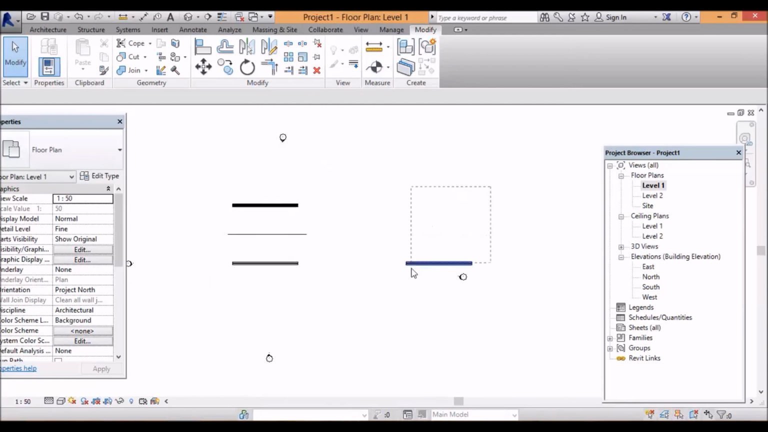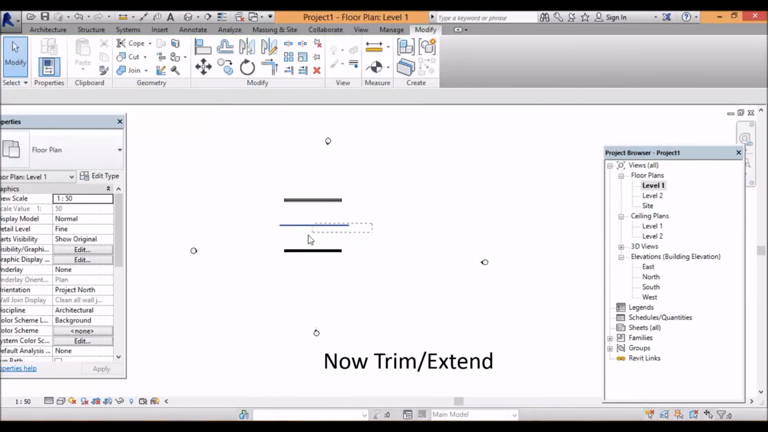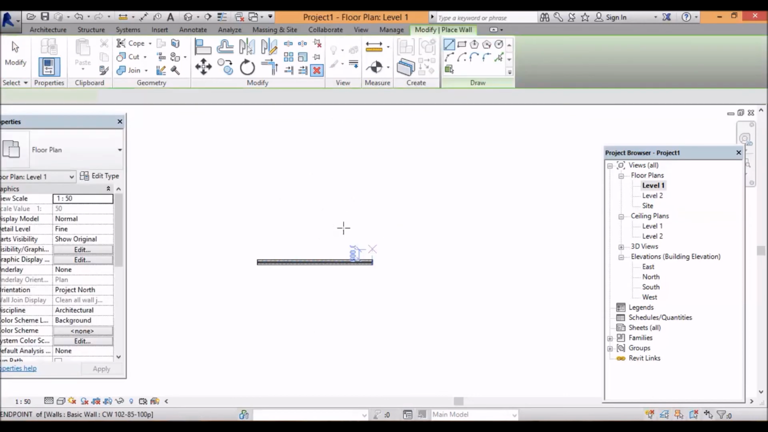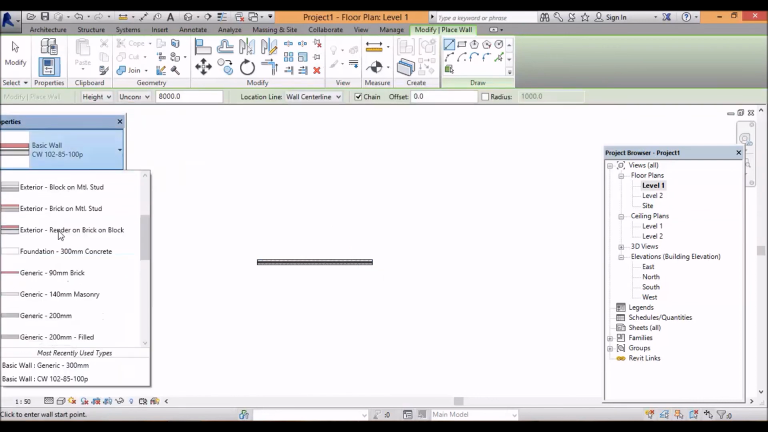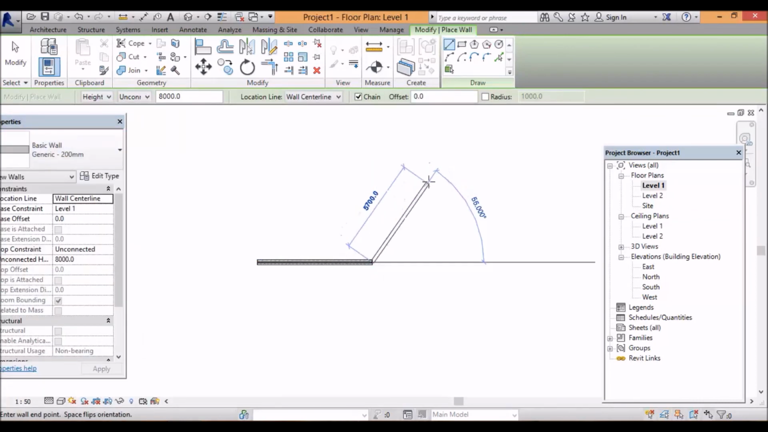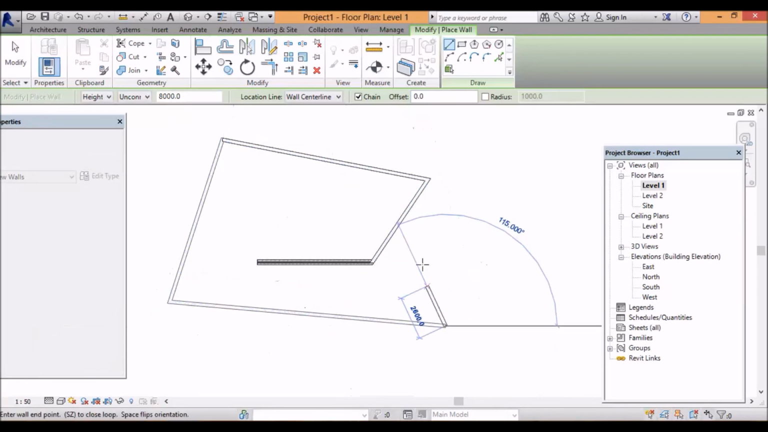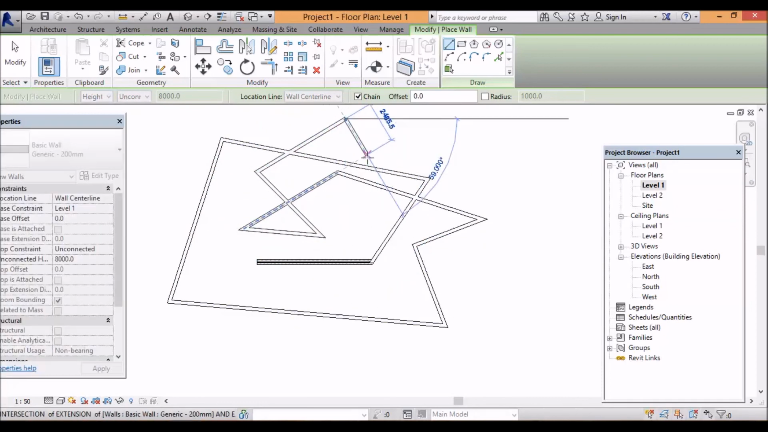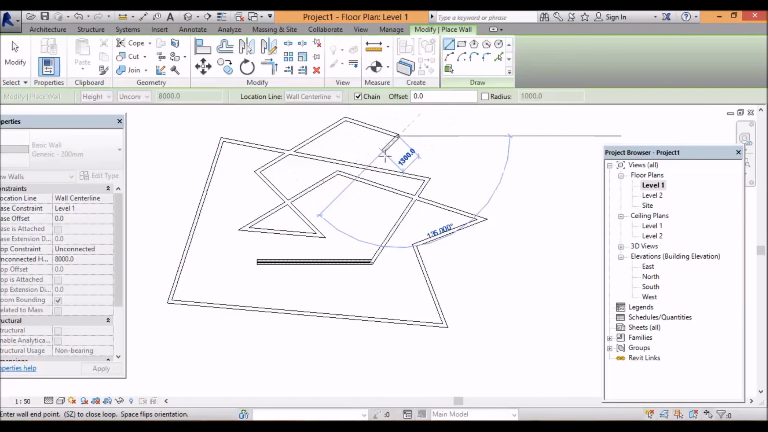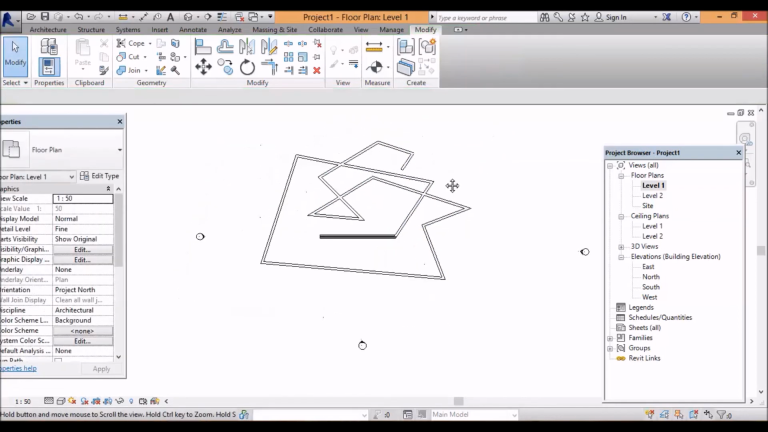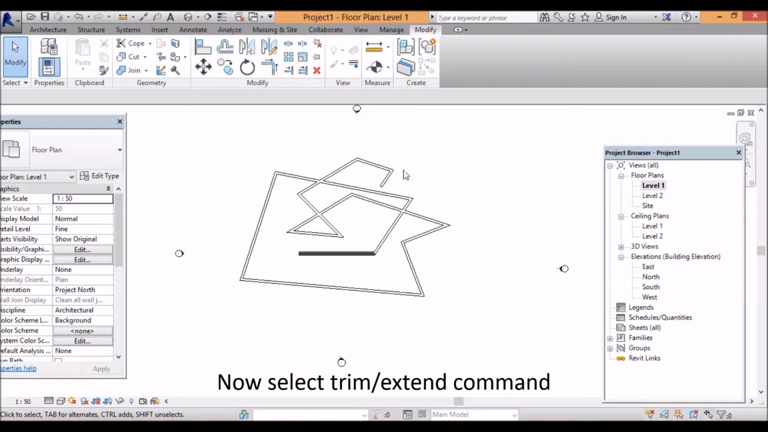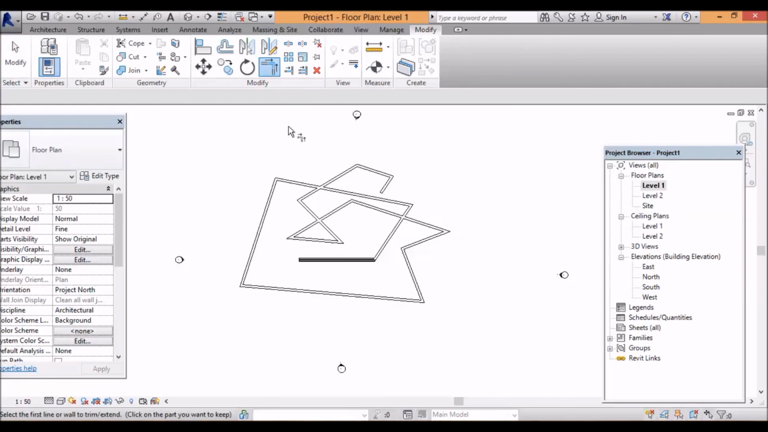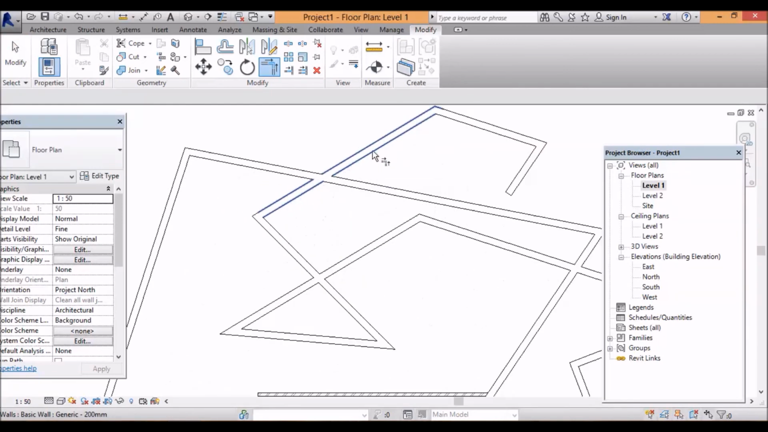Now next is trim and copy. Here again I am using wall. Here you can see I have created more walls, so I have to use trim and copy command. Just click on corner trim. This is my corner trim. Click on that point. If I want to delete the other elements